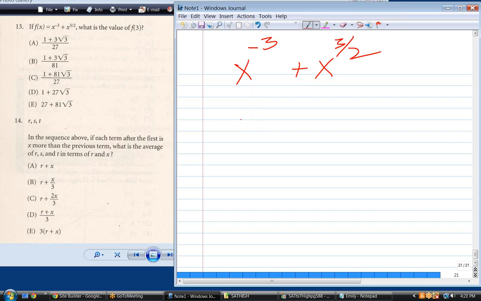So f of 3 is going to be what? So I got approximately 5.233, and then I would just go through and guess and check on which one of those equals. Wow. Okay. I can't argue with that method. I hate it, but